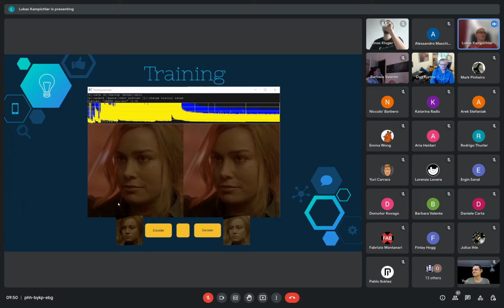Here we have, for example, the source face, which is the one that we want to swap to. So here you can see the original image, and then we have the computer-generated decoded image of the source face.